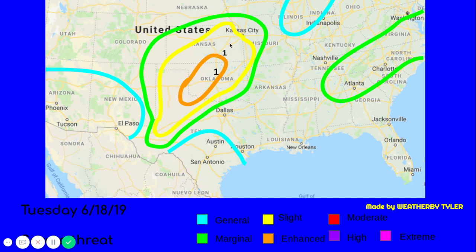And we also have a tornado con out in south central and southeastern Kansas of 1. And then we have an enhanced risk here in the northeastern part of the Texas Panhandle, and that goes through central and western Oklahoma, and that also goes into south central Kansas. This tornado con right here is in the slight risk, and pretty much this area right here in southeastern Kansas. This tornado con here is for southern Kansas and central Oklahoma. And you have a tornado con of 1.